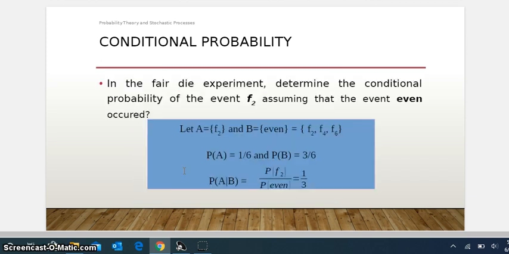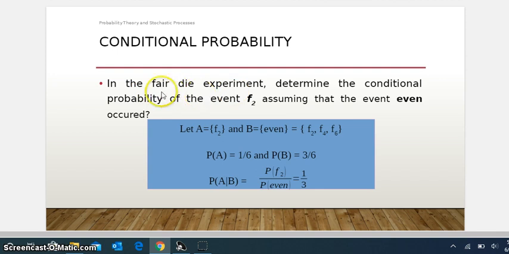Coming to a small example. If I take a fair die experiment, we already know what a fair die experiment means. Whenever we take the case of the die experiment, one thing important to note is whether it is a fair or an unfair die. Whenever it is a fair die, that means it's not biased, so it's an unbiased die. When you take the events of an unbiased die, all are random. When I do any die experiment, definitely the outcome of the die experiment is random.